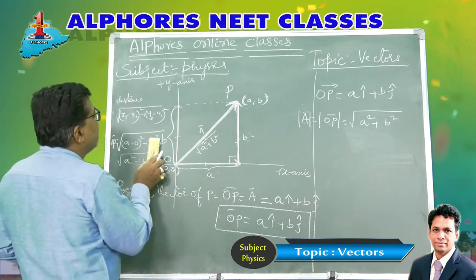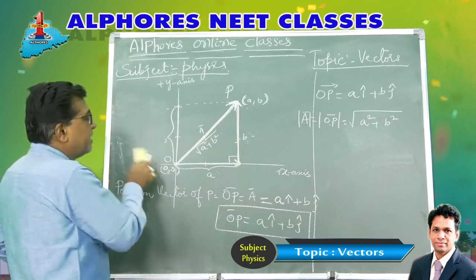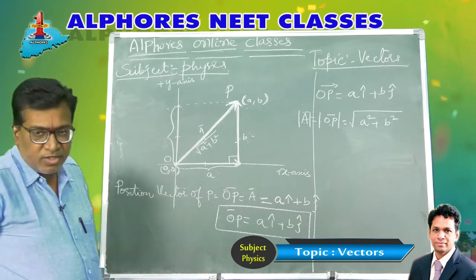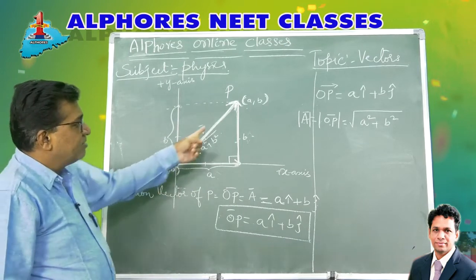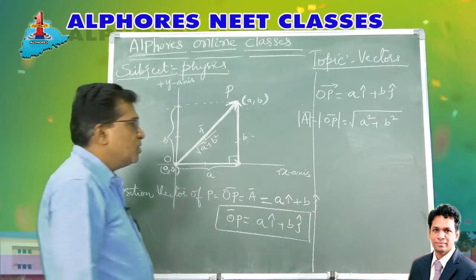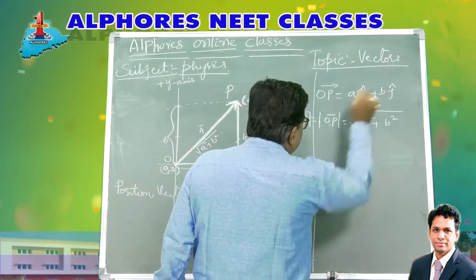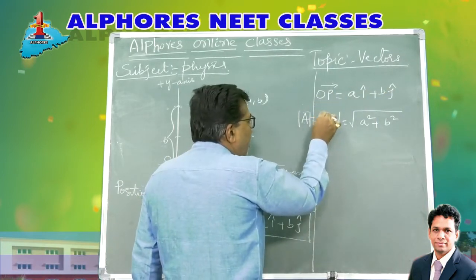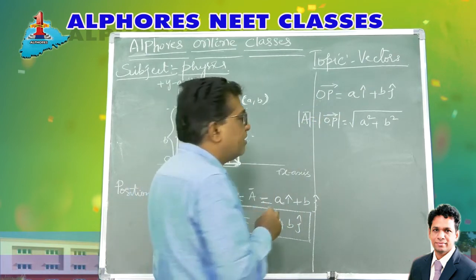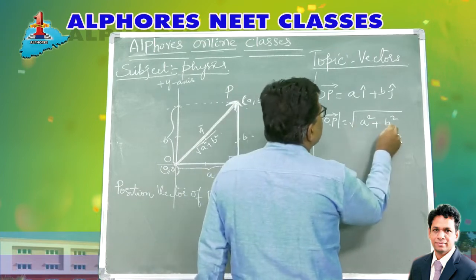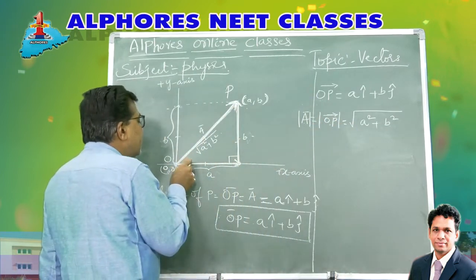So, length is the magnitude of the vector. Therefore, the magnitude of the vector you can find by the Pythagoras theorem or by coordinate geometry, and the length is root of A square plus B square. So if the vector OP bar is represented as A I plus B J, then its magnitude mod OP bar, and we have named OP bar as A bar, so mod A bar is root of A square plus B square. Good. Then what is the direction?